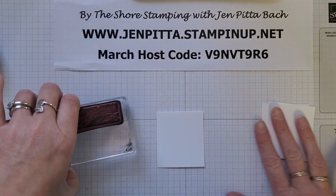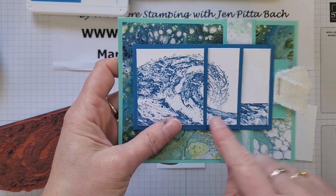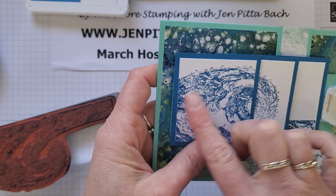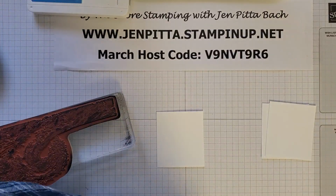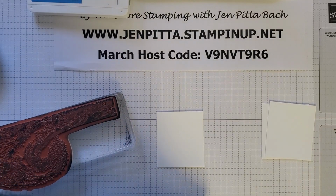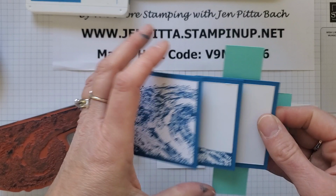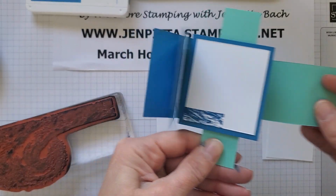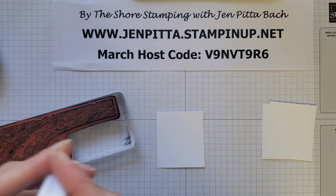So I'm using the waves. Now the tricky part of this is I want this to look like a full wave. So I tried it once before, I don't know if I still have it. So I stamped it like I would normally once across all 3, but then when you pulled it, it didn't actually work right. It looked weird, right? So what you want to do is you're going to